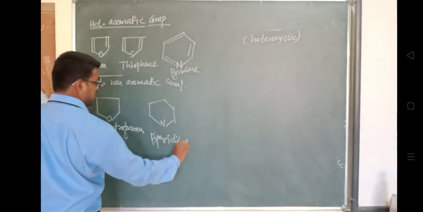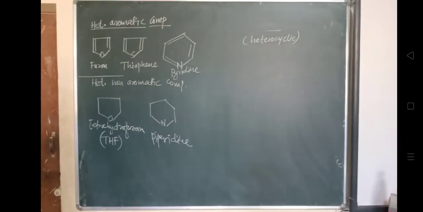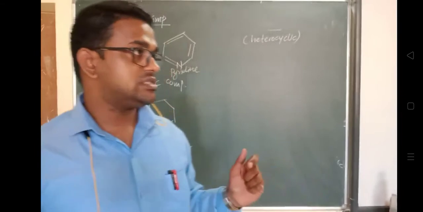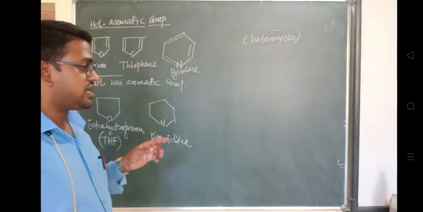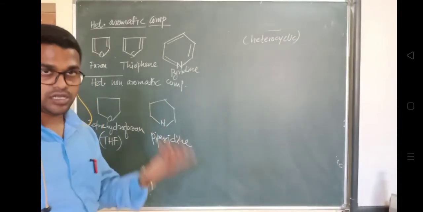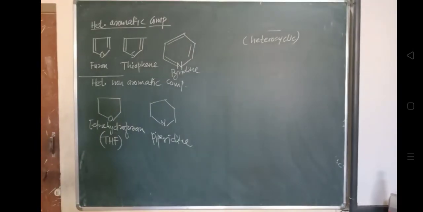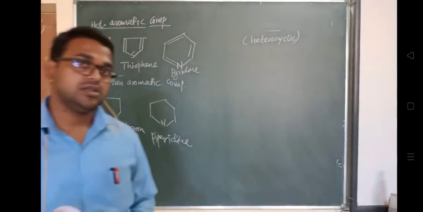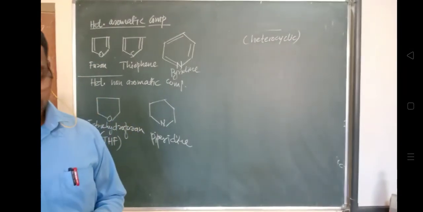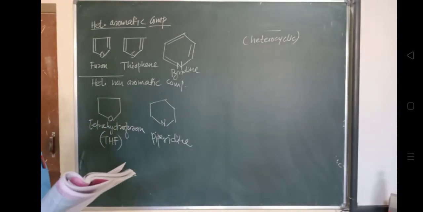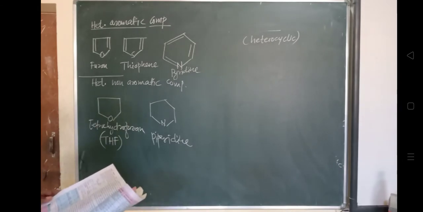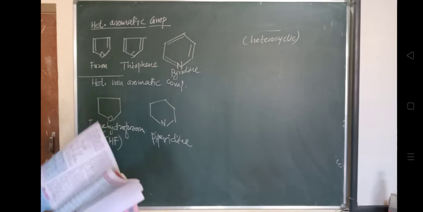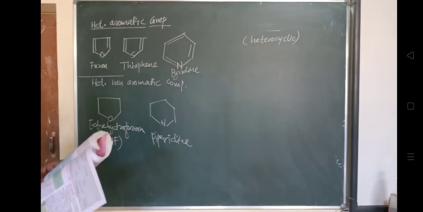Okay, so this is the classification of organic compounds. One is cyclic, another one is non-cyclic. Cyclic may be different: homocyclic and heterocyclic. Homocyclic is classified into alicyclic and aromatic. Further, aromatic is classified into benzenoid and non-benzenoid. So we have seen all this classification. Now this classification is on the basis of the carbon skeleton.